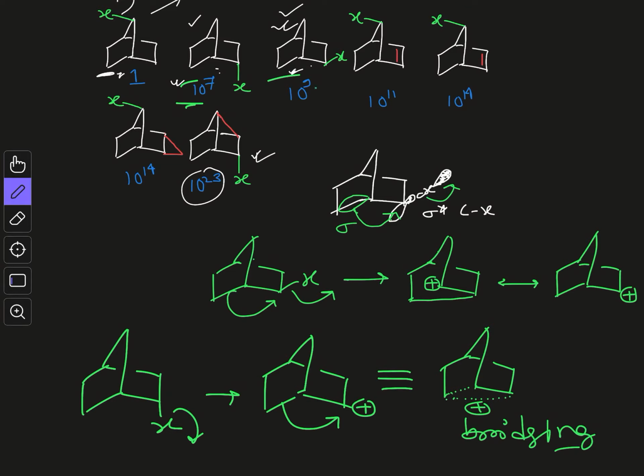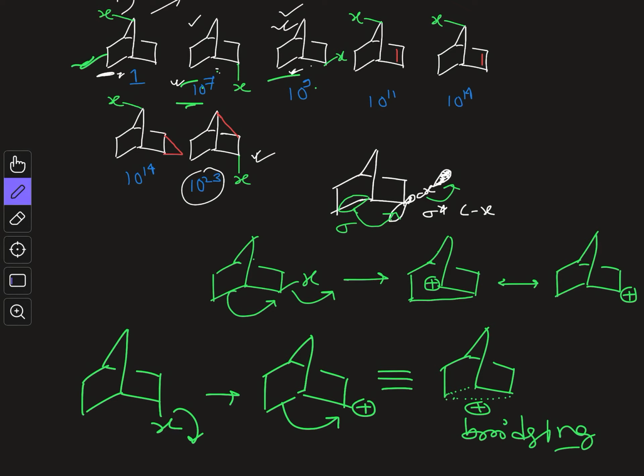So for this bridging carbocation formation, the rate is faster for these two compared to the first one, because in the first case there are no such resonance canonical forms and no such bridging carbocation, only a simple secondary carbocation. But in both this one and this one, this bridging carbocation formation is there, and that's why they are reacting faster, because the carbocation is more stable.